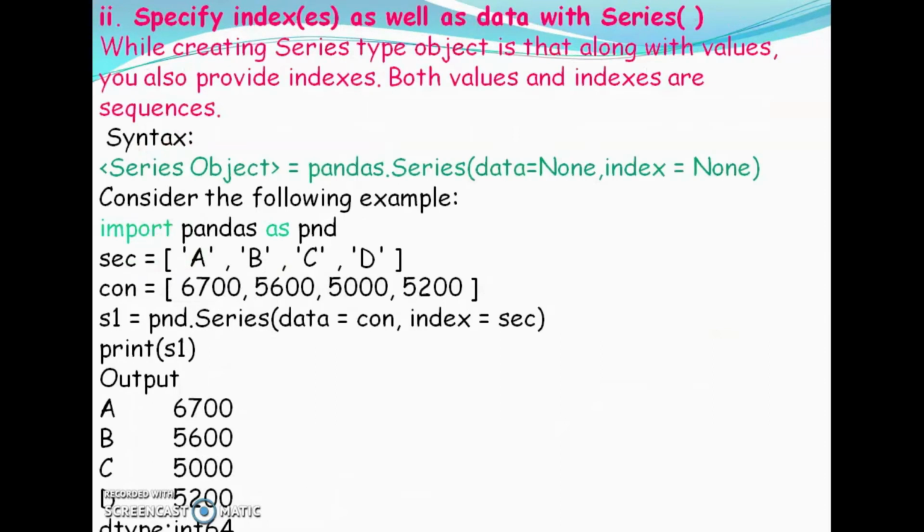Clear? Then the second one, specify indexes as well as data with the series. We already discussed this. Index and data, two arguments are there in this series object. So we can pass this index and data to this series object.